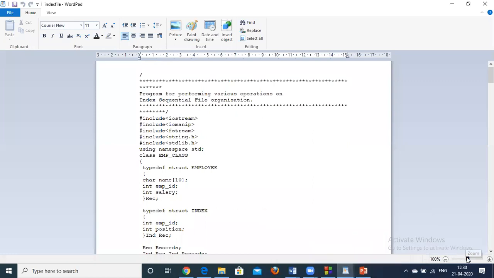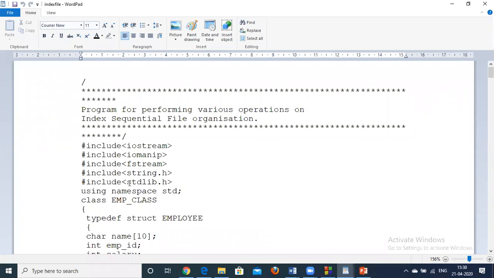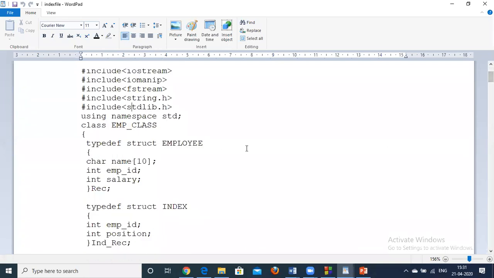Now in this index file, I am using the employee data to be added. So two records will be there. One is the record in the database, and another is the record to be added in the index file.